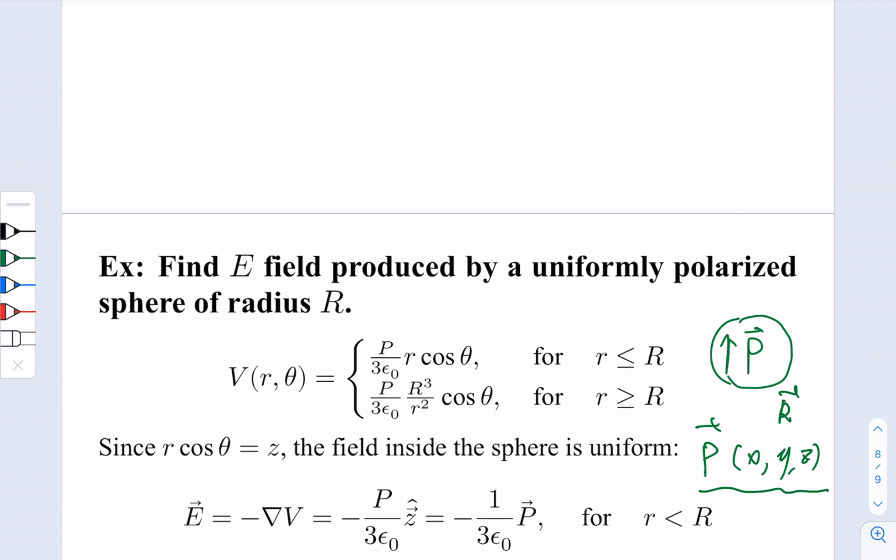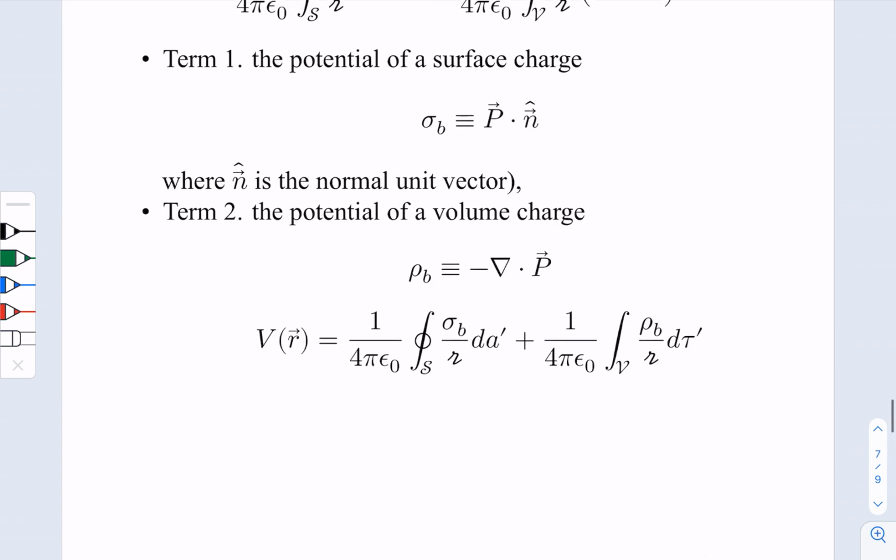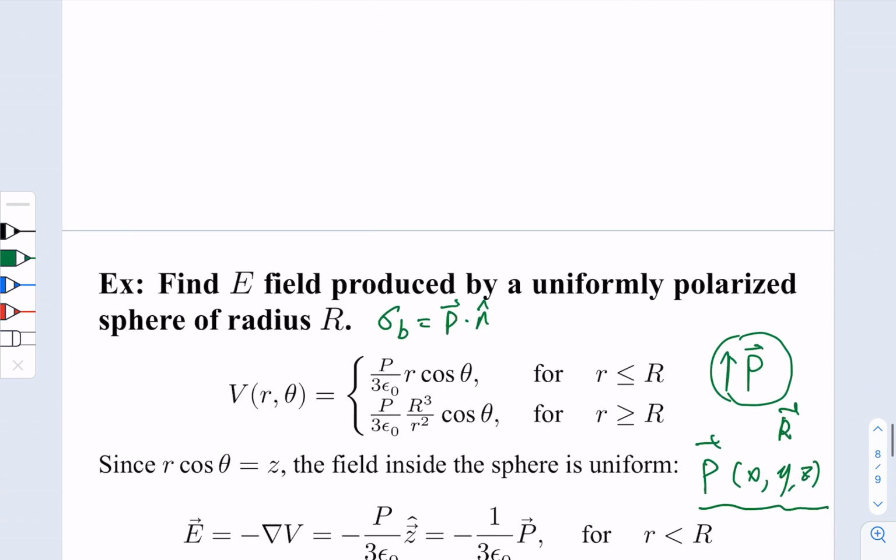So we go through the charge distribution earlier. There will be a surface charge distribution, sigma bound, which is P dot n hat. I guess that should be correct. So then this is simply